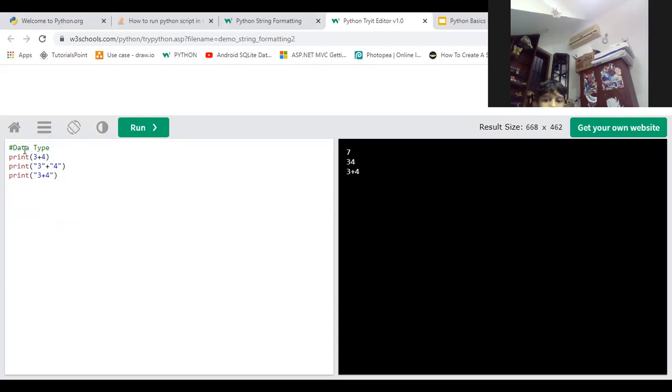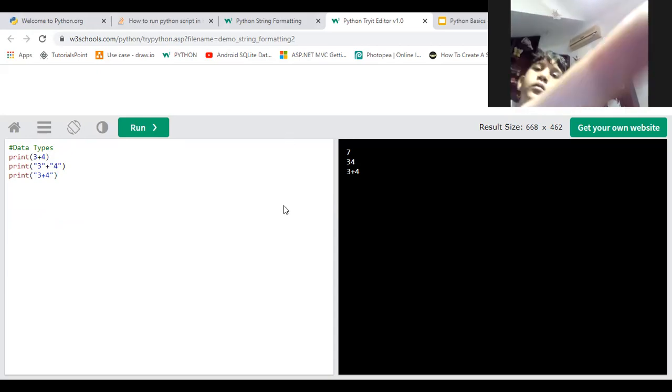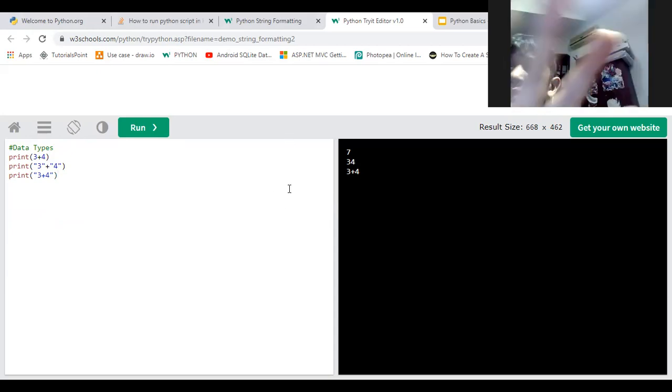Different data types. So since they are different data types, the output differs. That's the reason. Okay, now you just write this and then let me know. We'll move to the next